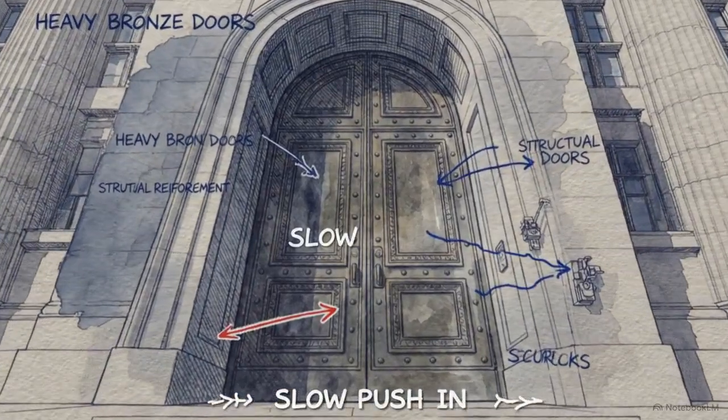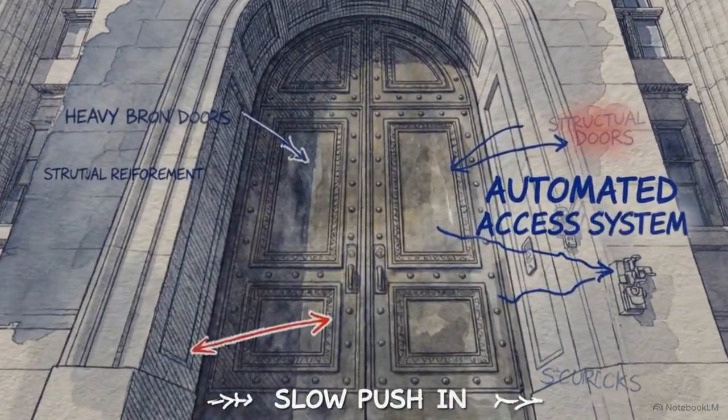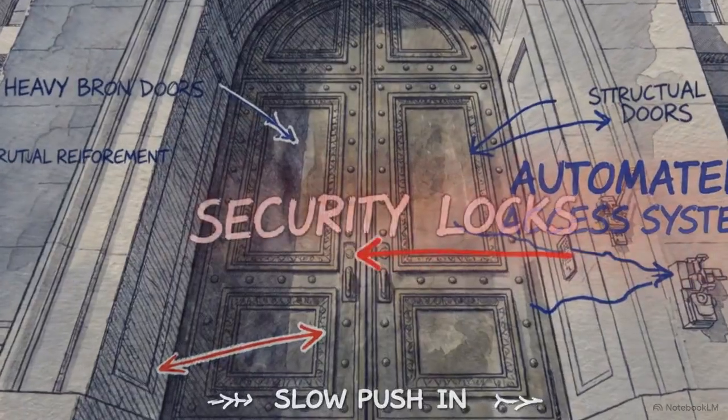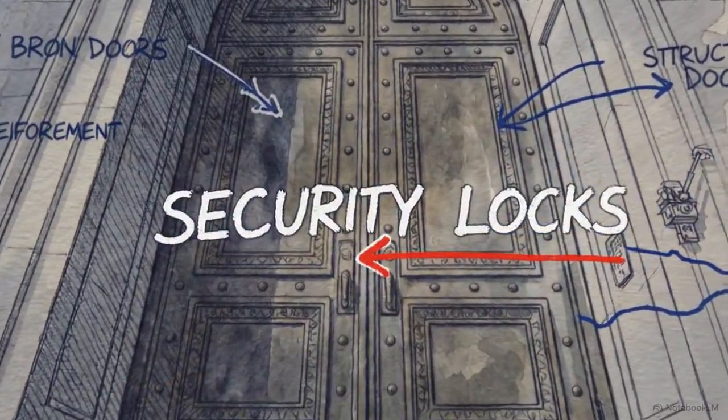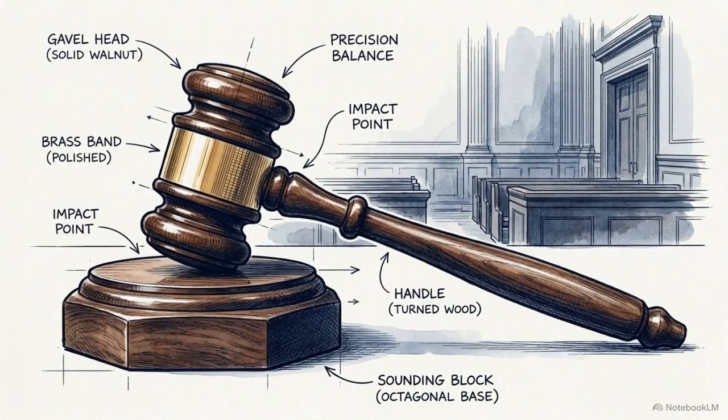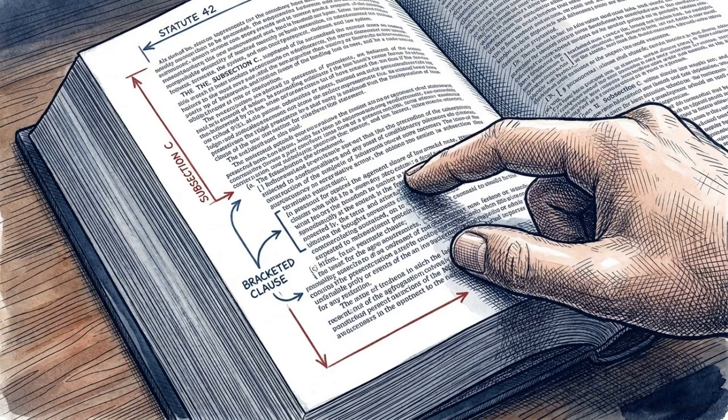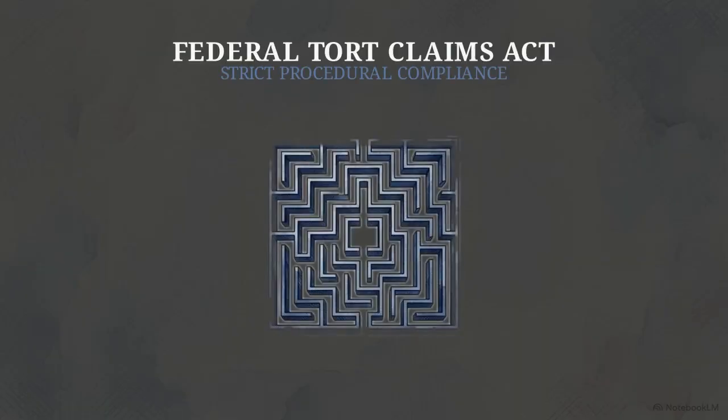Suing the federal government is by default impossible. The doctrine of sovereign immunity acts as a total bar against civil liability, ensuring the state cannot commit a legal wrong in its own courts. The Federal Tort Claims Act provides the only narrow, conditional waiver of this immunity. Proceeding under this act requires navigating a series of procedural requirements, where a single error leads to immediate dismissal.